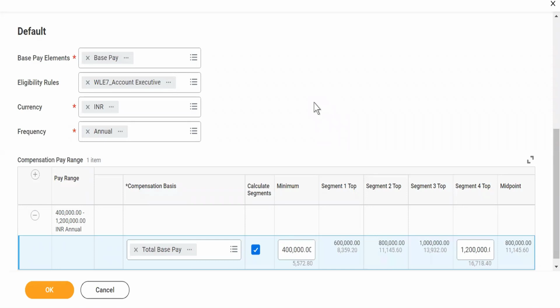And as I stated, someone is already having a package of 3.5 and they say that I need 30%, right? So 30% of it, how much is it? If you calculate, it's around 4.5, right? So if it is 4.5, what they will do is they will give a minimum package of 4 and they will add an amount based bonus plan of 50,000, and they will create a package and send it. The candidate is also happy, the recruiter is also happy, and the happiest is the hiring manager,